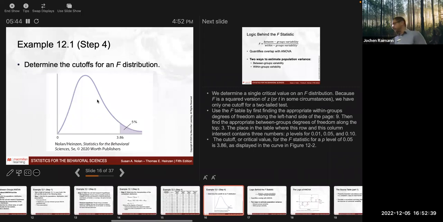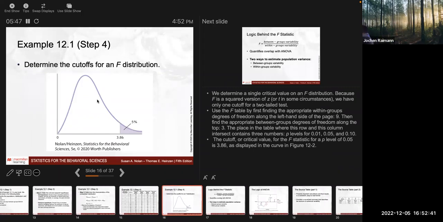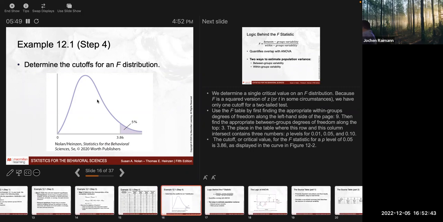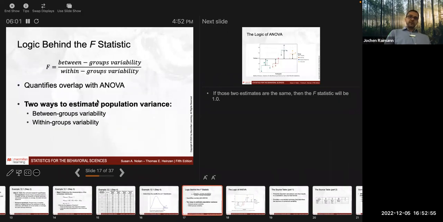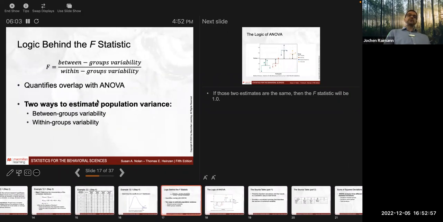We talked about the F distribution. It has one critical value. It's a unimodal, right-skewed distribution. You're comparing against the critical value on your x-axis, which is consistent with your degrees of freedom between and the degrees of freedom within. The F score is calculated as between groups variability divided by within groups variability. We did that last time,